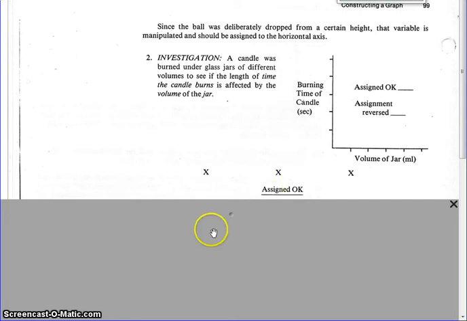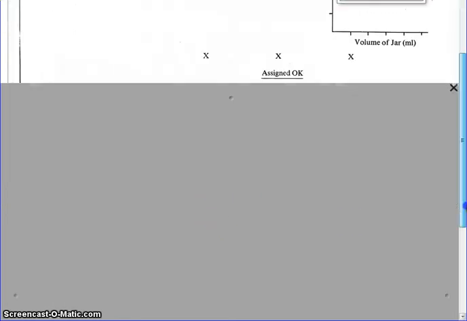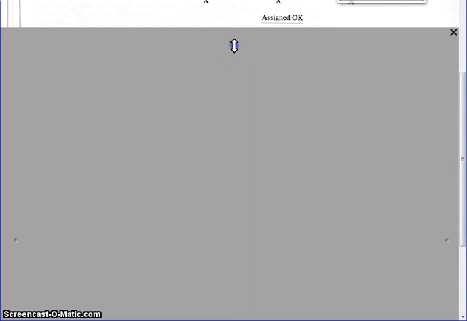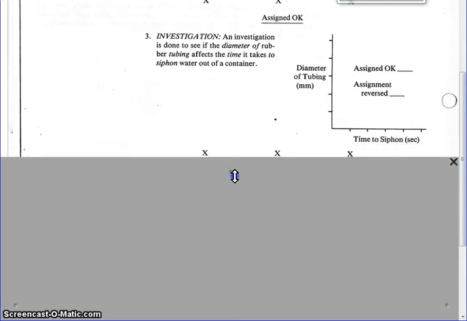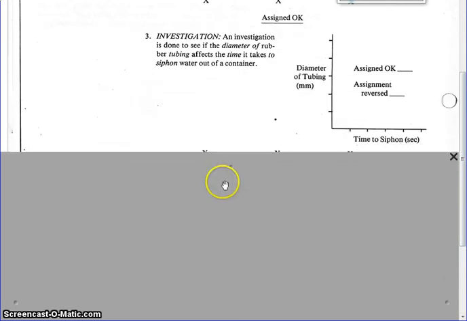All right, let's do one more example before we take a break. Remember, don't be cheating, don't be going ahead. All right, it says investigation. An investigation is done to see if the diameter of rubber tubing affects the time it takes to siphon water out of a container. So right here it says time to siphon